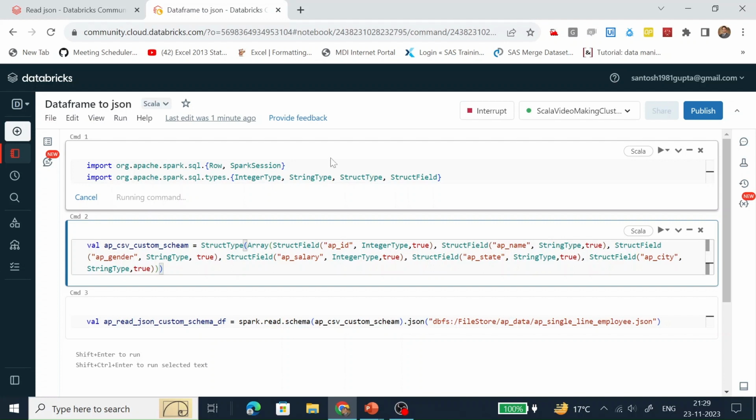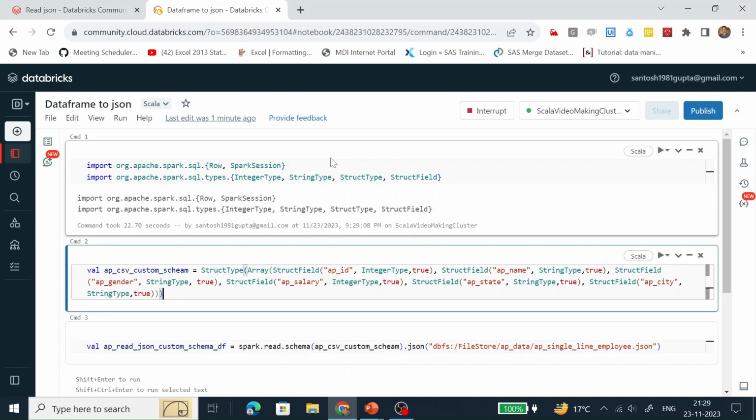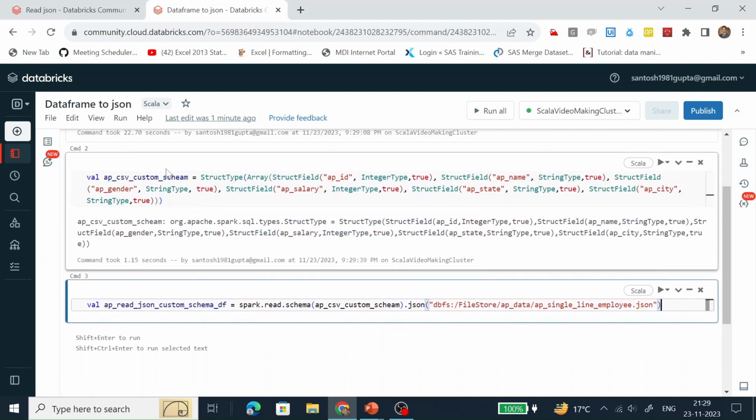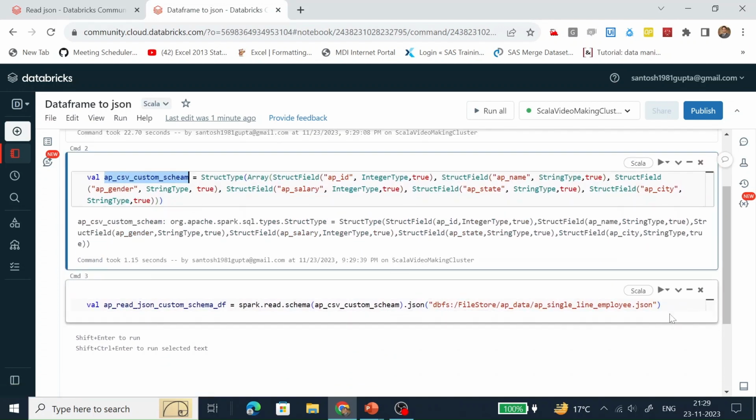It's taking a little bit of time, just wait. Okay, all the required libraries are available in this notebook. Let's create this custom schema. This custom schema has been defined successfully.